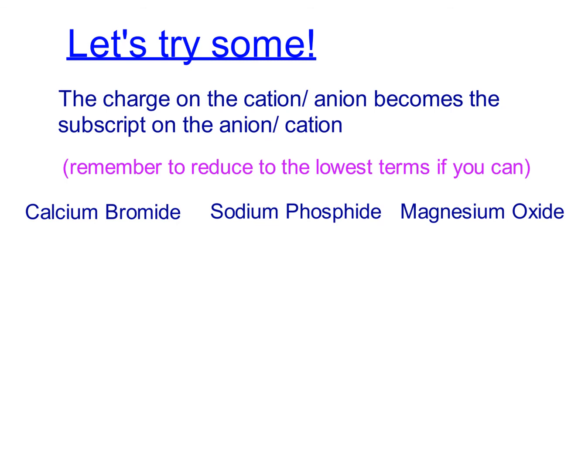And the only one that I'm going to walk you through is going to be magnesium oxide. So for magnesium oxide, we know that we have Mg with a charge of 2+. We have oxygen with a charge of 2-. We're going to crisscross those charges just like we did on the previous slide. So now we're going to end up with